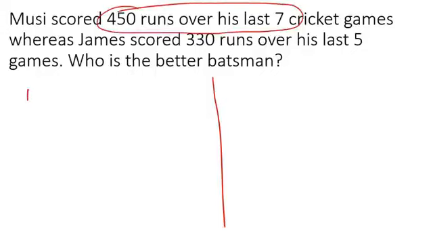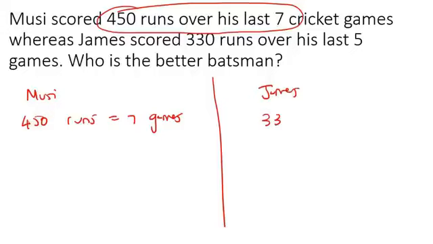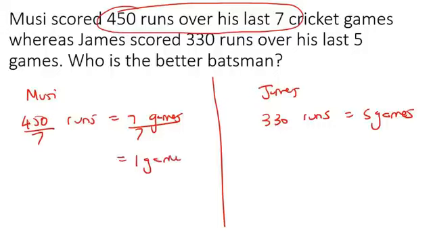Okay, so for Musi, he scores 450 runs when he plays 7 games. For James, he scores 330 runs when he plays 5 games. Okay, so let's see how much Musi scores for 1 game. So we can divide this by 7 and divide this by 7. So in 1 game, Musi will be able to score